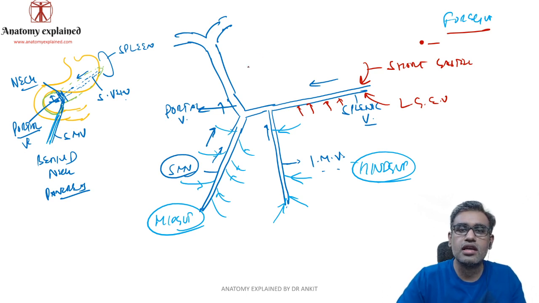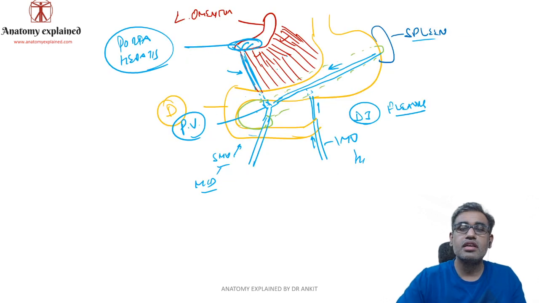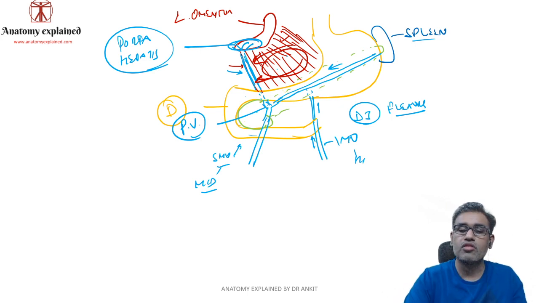So you have a left gastric vein directly entering into the main trunk of portal vein with the right gastric vein. Why are they entering? Let's try to understand. Where was this main trunk? It was in the right free margin of the lesser omentum. And where are the right and left gastric vessels? They are inside the lesser omentum. So these veins directly enter into the main trunk of portal vein.